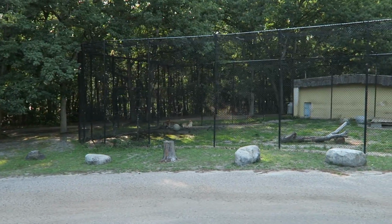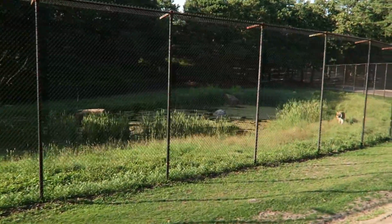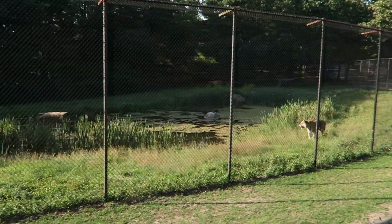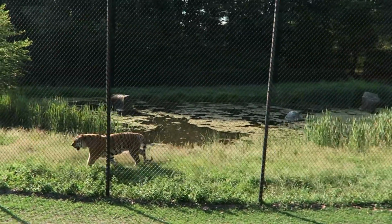So typically in the wild, tigers are very solitary animals. They like to live alone. Coming right up to us. The other one is lying by the gate. Hello. So Siberian tigers are the...